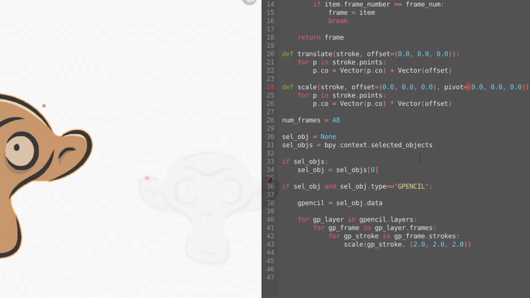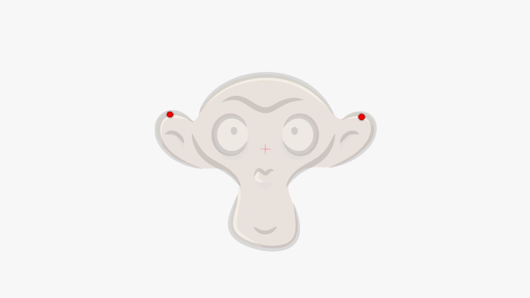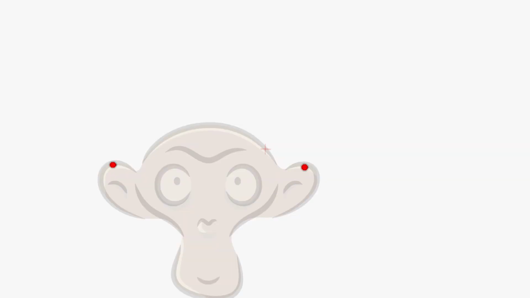To take into account the pivot during scaling, we need to get sneaky. We know that if we scale strokes from the world origin, the object doesn't pick up any translation. So what if we just move things to the origin, scale them, and then move them back? It's just crazy enough to work, and this is where the pivot comes in. The pivot is basically an offset from the world origin. If we subtract this value from each point's position before we try to scale it, we can avoid any unwanted